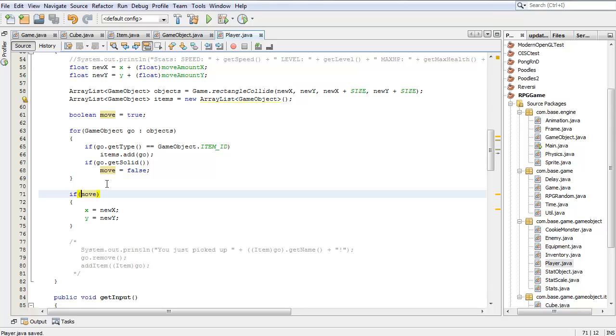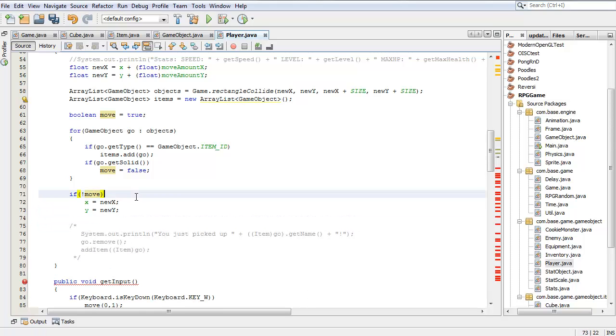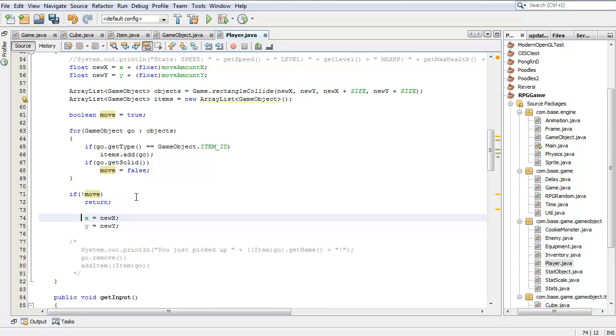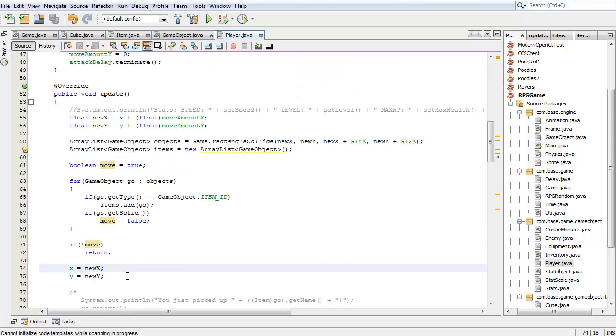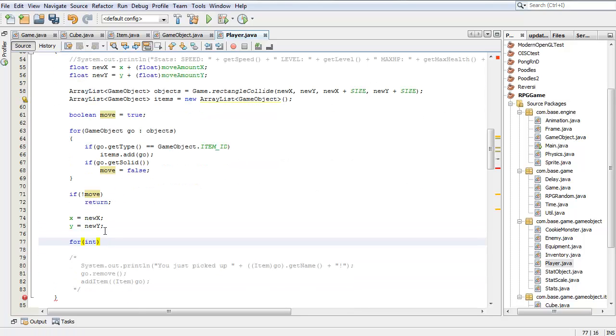So actually I should just do if not move, then return. Yeah, because that way, it's just a little bit nicer. This way, you know, there's nothing past this point that I want to execute after that. So then, for, and actually I should just do for each. So for each game object, geo, and items,